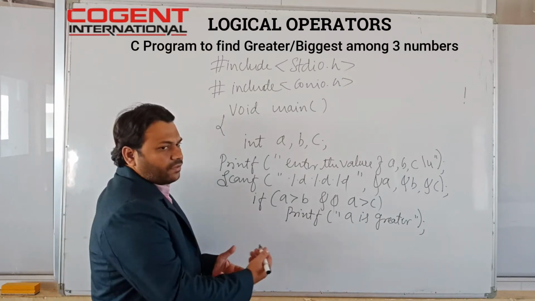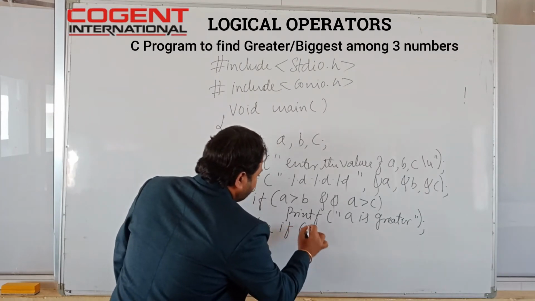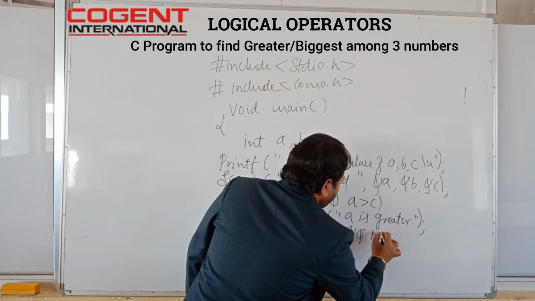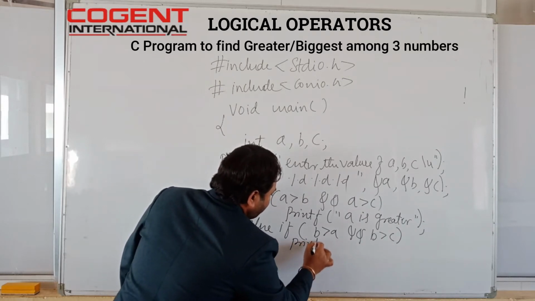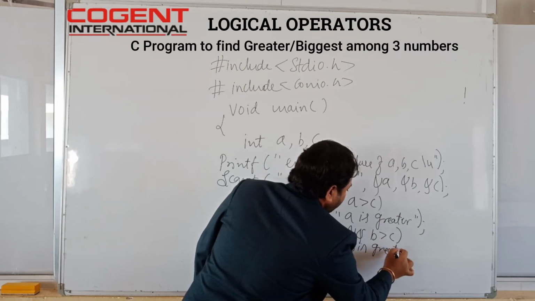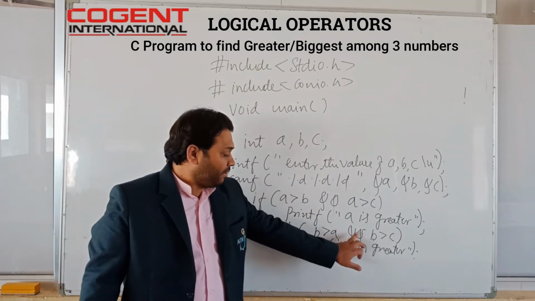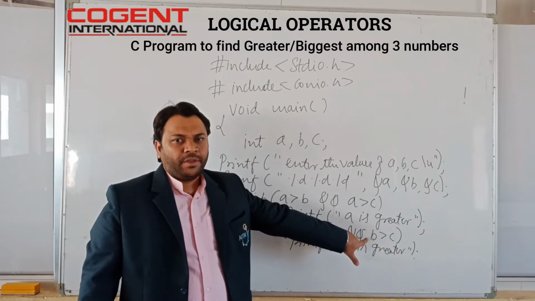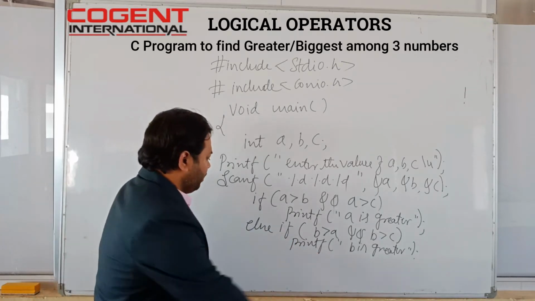Okay. Suppose another condition I need to take: else if B is greater than A and B is greater than C. So what I need to print? printf B is greater. Getting my point? It will perform the logical AND between these two conditions. If both satisfy, if both become true, then it will execute B is greater here. Okay. Else